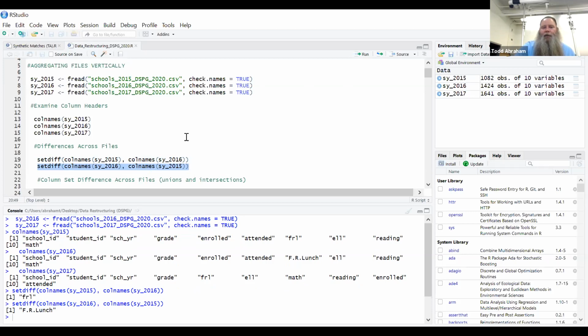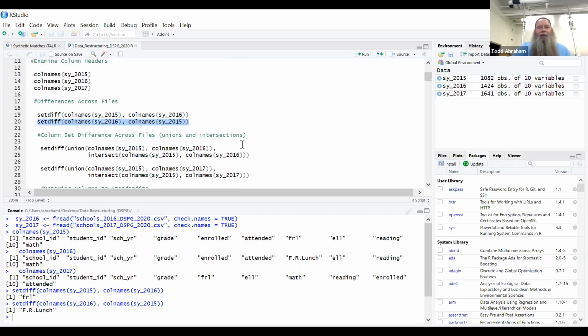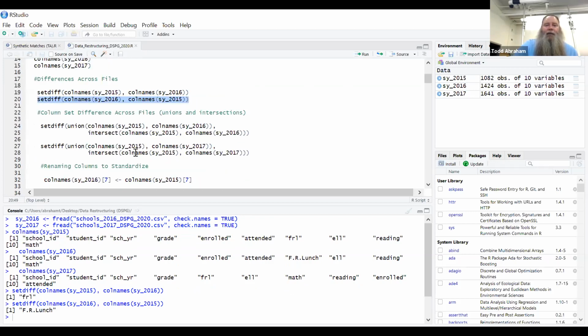When files are small, this works pretty well. It's quick, it's easy, but you do have to do that in both directions. With bigger files, it might take something along these lines. So I'm using the same thing. I'm using that set difference operator again, but here I'm combining it with a union command and an intersection command